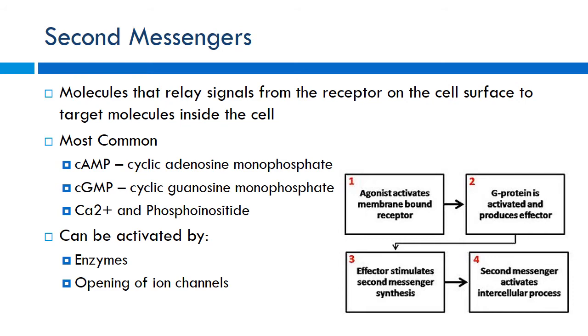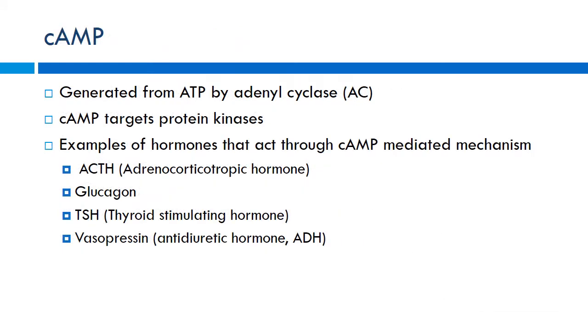Okay. So the first one we'll talk about is cyclic AMP. This is one of the more common ones you're going to run into. Basically this gets generated from ATP. You guys familiar with ATP? What does ATP do for us? Yeah, it's all energy, right? It has high energy phosphate bonds, and we use that a lot for the active processes within the cell. ATP can then be acted on by an enzyme called adenylyl cyclase, and that will convert it into